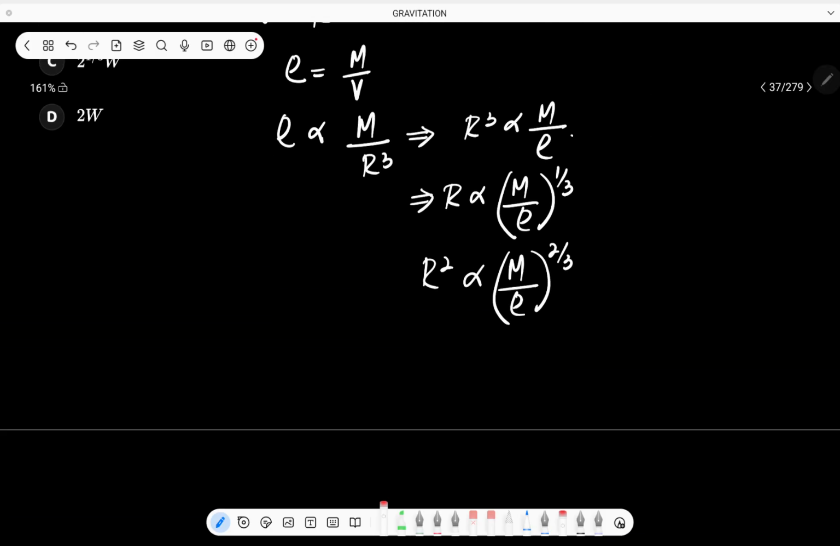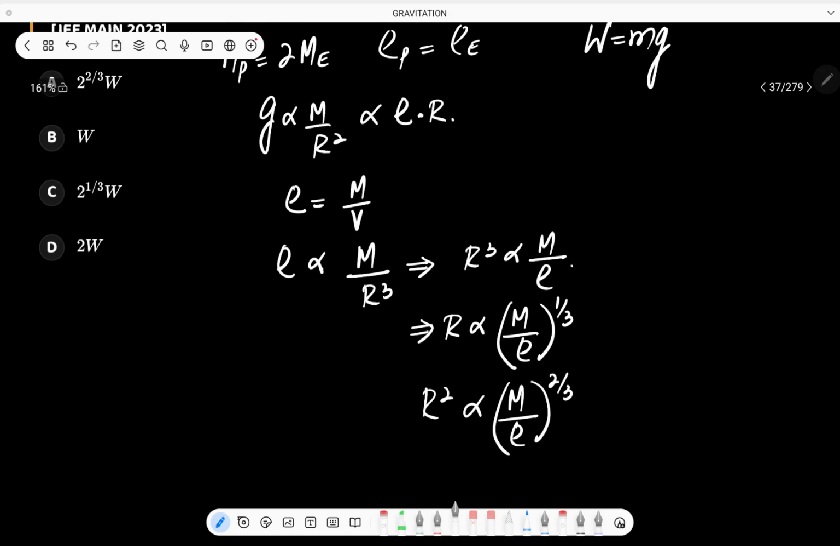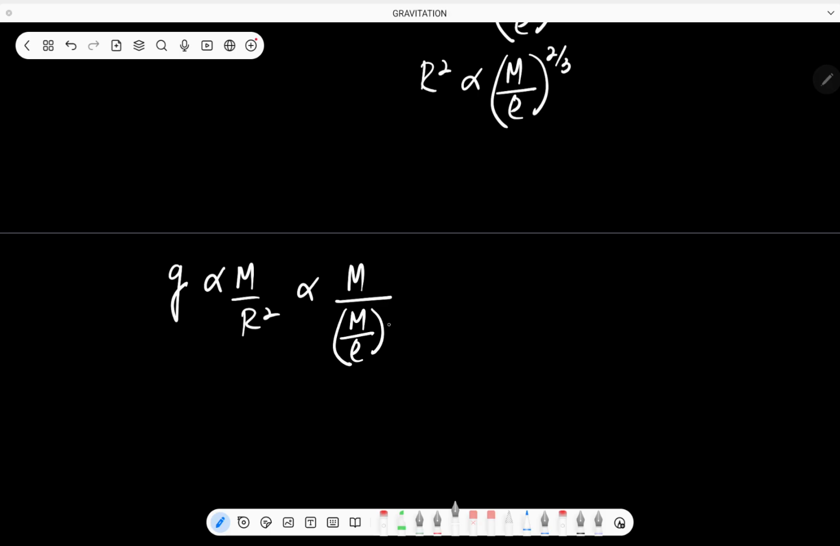What I am going to write down here is acceleration due to gravity. Let me write it down here: acceleration due to gravity is proportional to m by r square. Hence it is proportional to m divided by r square, which is proportional to m by rho raised to the power 2 by 3. Clear? Which implies that acceleration due to gravity is proportional to m raised to the power